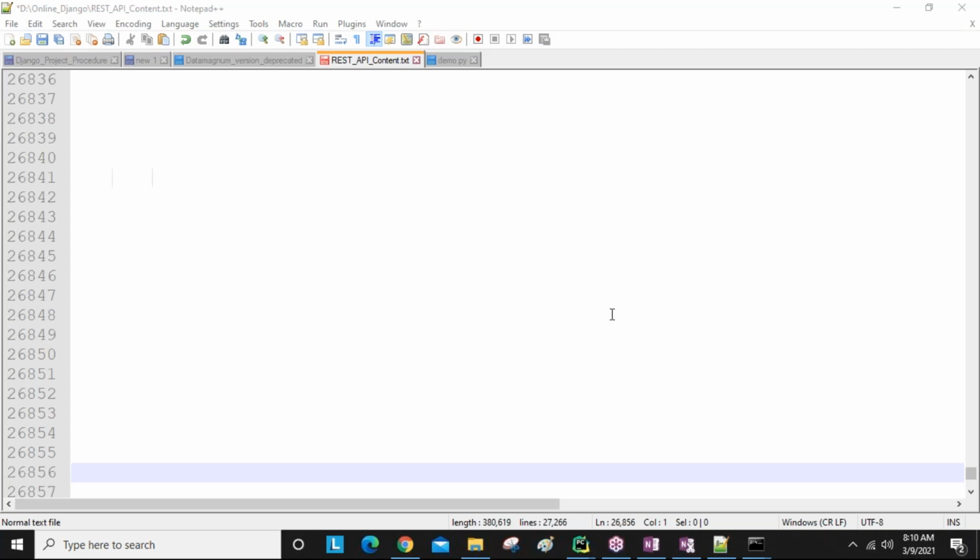Okay? So ORM stands for Object Relational Mapping. That is a database concept, guys. So using our Django, how we interact with the database, that is the ORM concept. We are not writing the SQL queries. For example, if you want to get all data from the SQL database, MySQL, you write select star from table name.